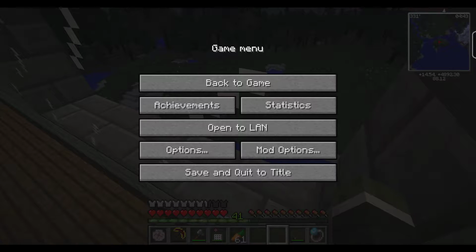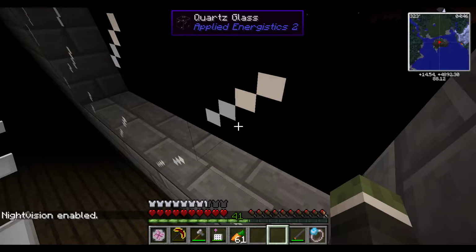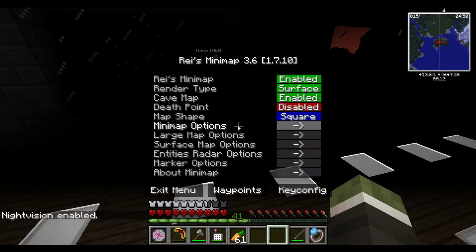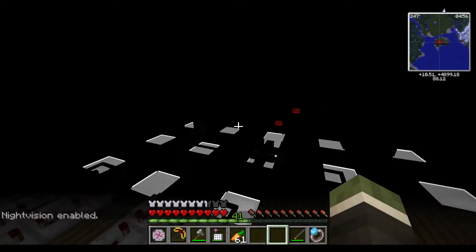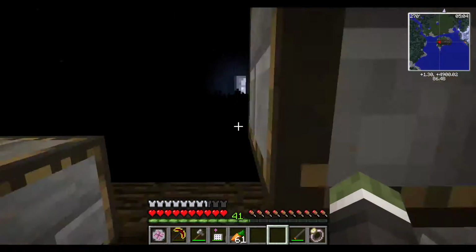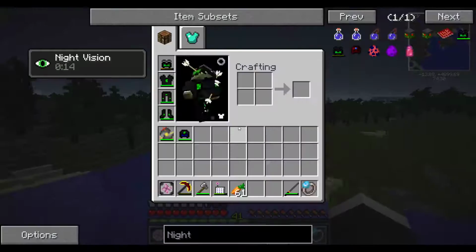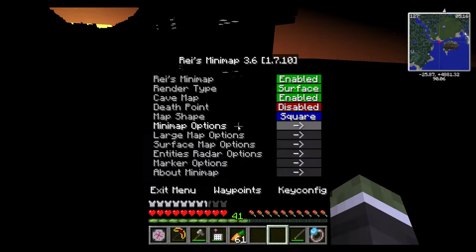IC2 night vision. That's too many S's, brain. Or no. Oops. You know, that doesn't really help. How is that night vision? Or does it only work around... Whoa. If it's too bright, it...